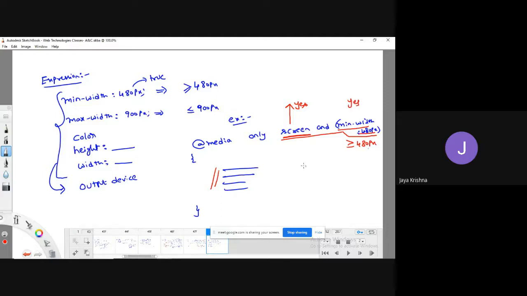If yes and yes, then the entire statement is yes, and the CSS rules are going to be executed. If one is yes and another is no, CSS rules will not be executed. If it is not a screen, and the minimum width is also not 480 pixels, then no CSS will be executed. When both are no, no CSS will be executed. I hope you understood this one.